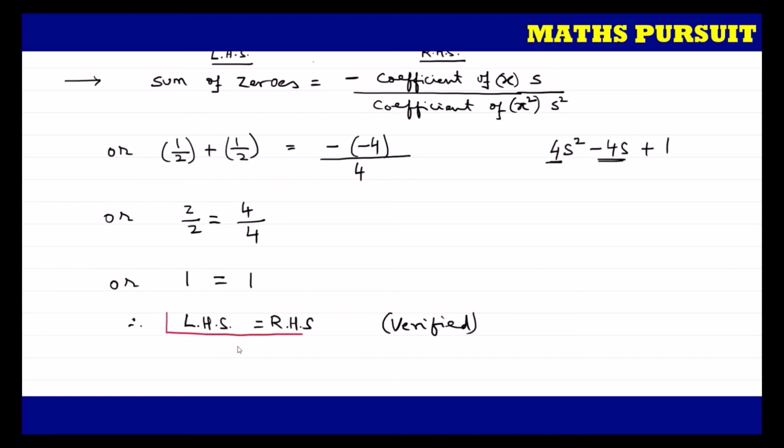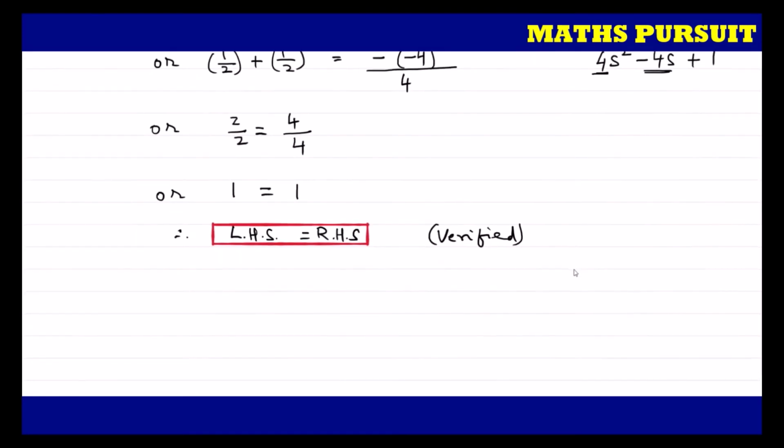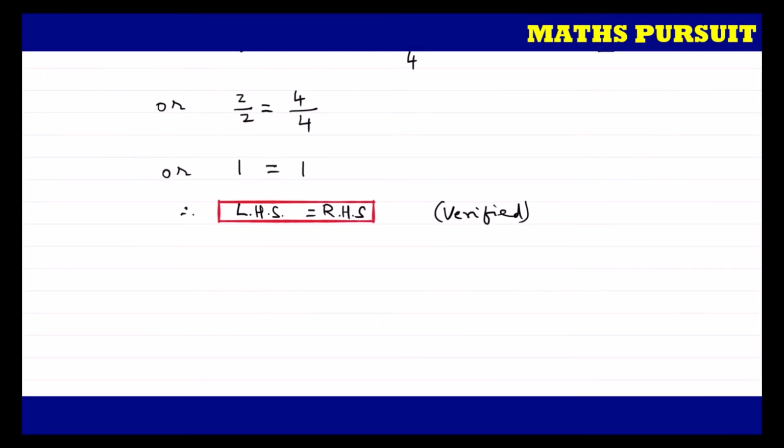Now let me square it or circle it, whatever you want to do, so that you can highlight our answer. Okay. Now after verifying the sum of zeros, let us now verify the product of zeros. So guys, we know that the product of zeros also has a formula. Product of zeros is equal to constant term